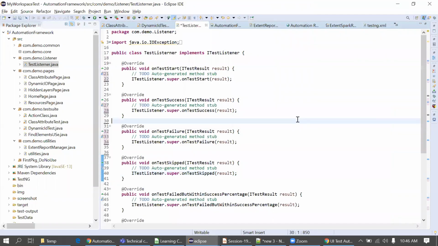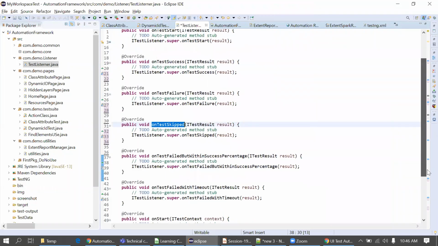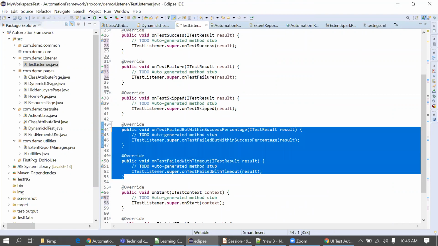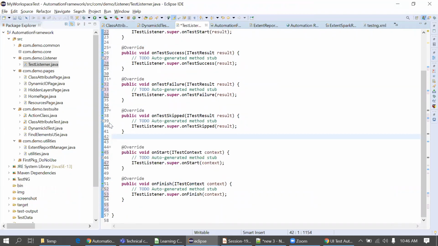Now here we can see multiple methods: onTestStart, onTestSuccess, onTestFailure, onTestSkipped. I'm deleting these too. We are not going to use onTestFailedButWithinSuccessPercentage and onTestFailedWithTimeout, so I'm deleting these methods. And this is onStart and onFinish. onStart means before execution starts, suppose you have triggered the execution. Right after triggering the execution, what should happen? That we will put here.